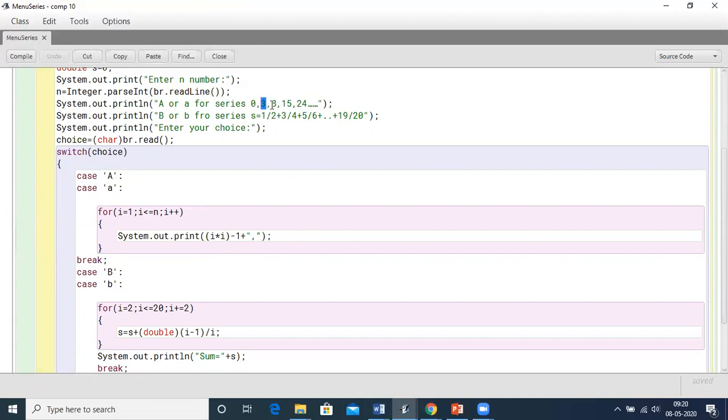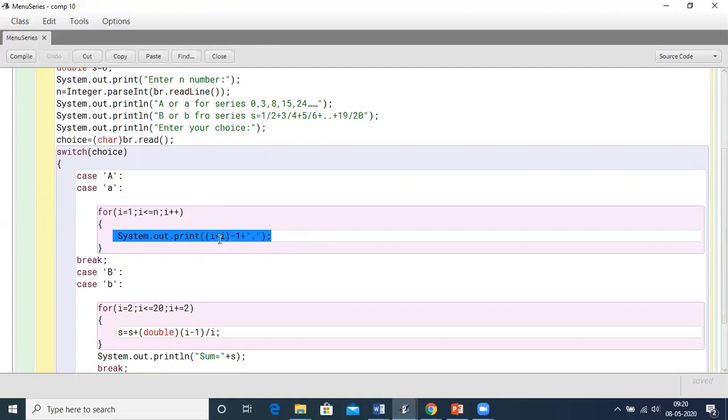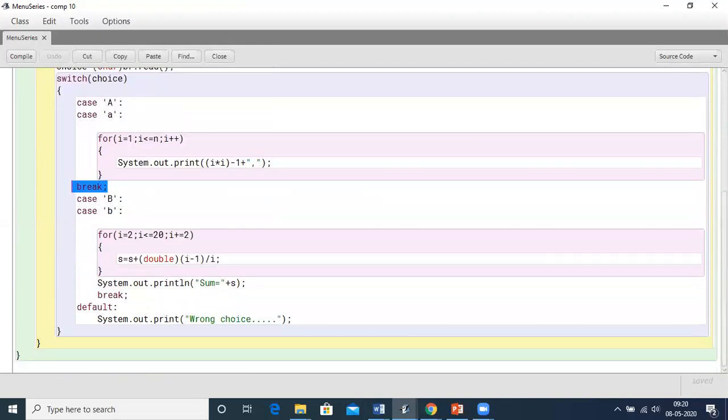Then the next natural number is 3, its square is 9 minus 1, 8, and it goes on till the nth term. That is why I have taken a for loop from i equals 1 till i less than or equal to n. And here, as per the formula, I have taken the square of the number minus 1. Once this case is complete, again we write the break statement so that it will come out of the case as well as the switch block.